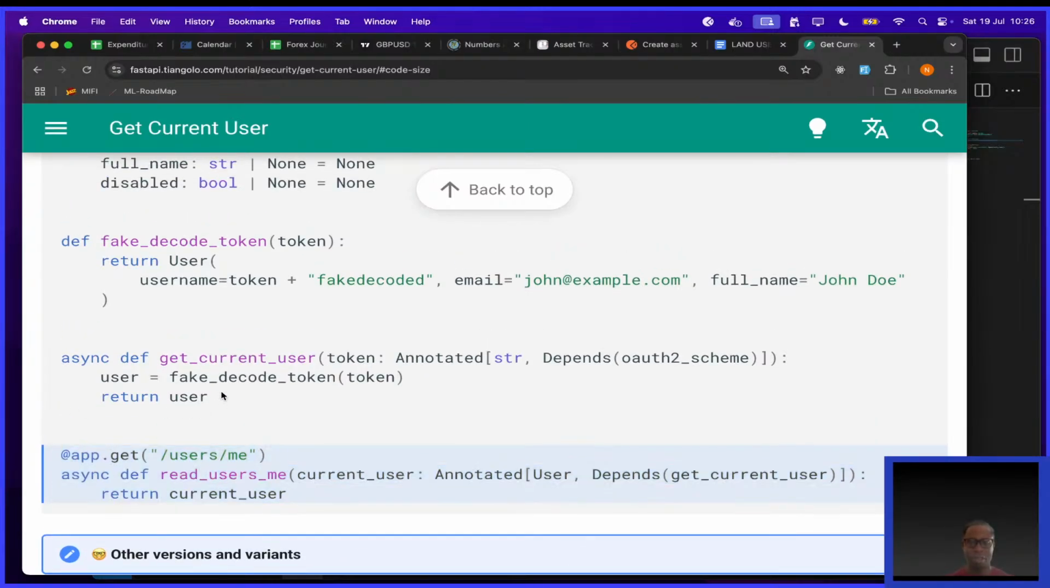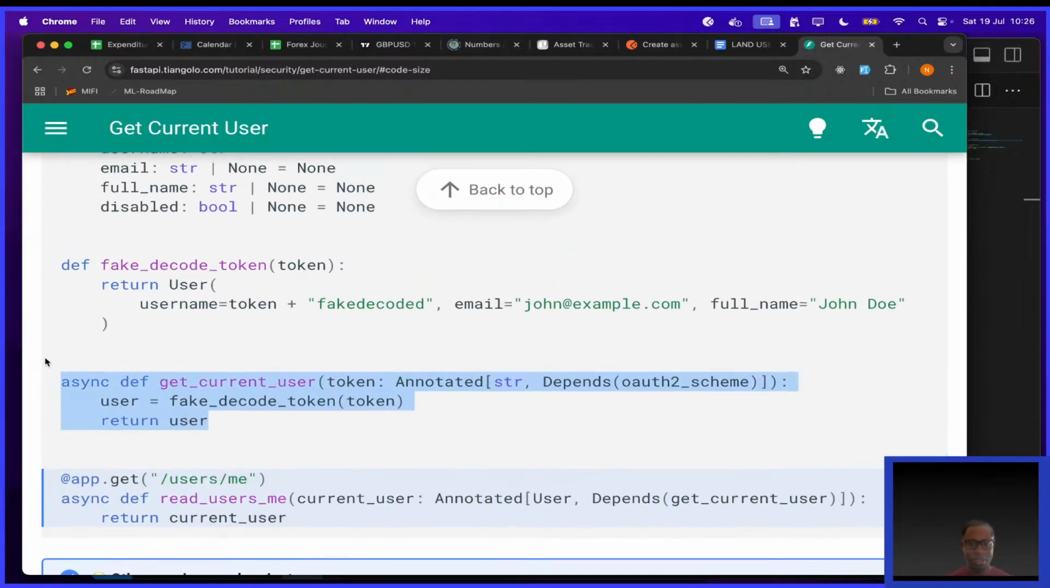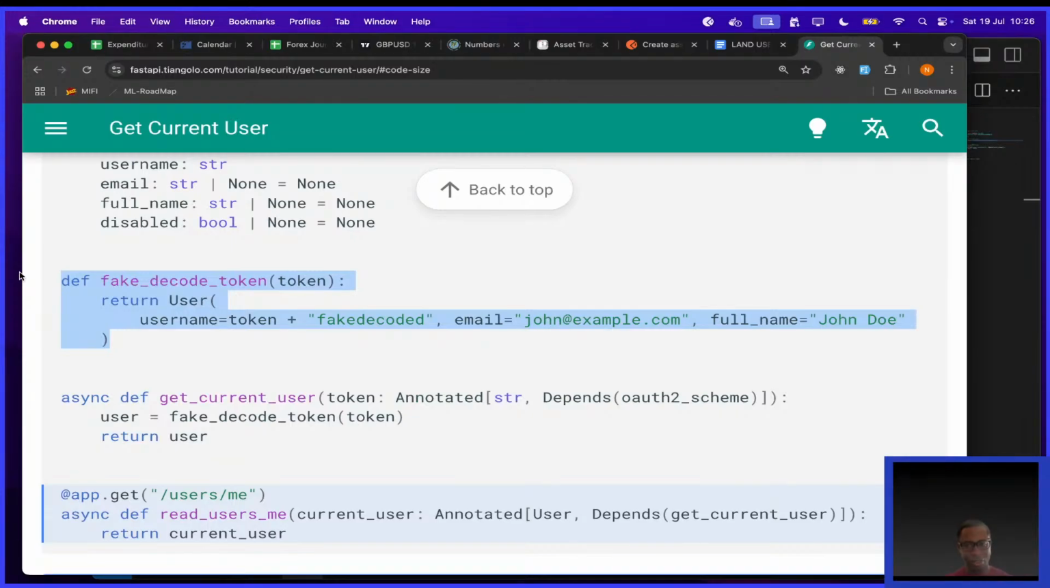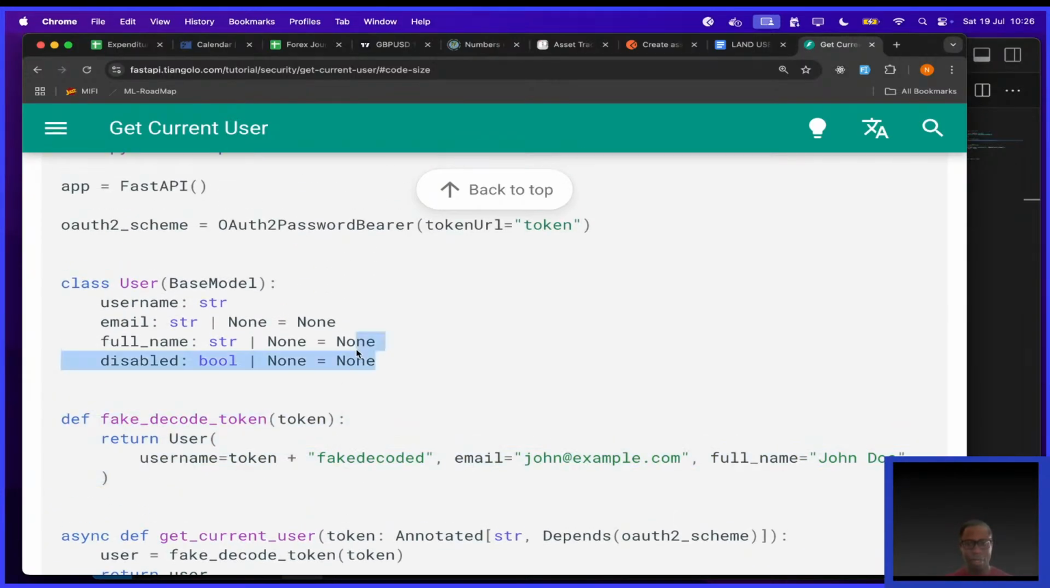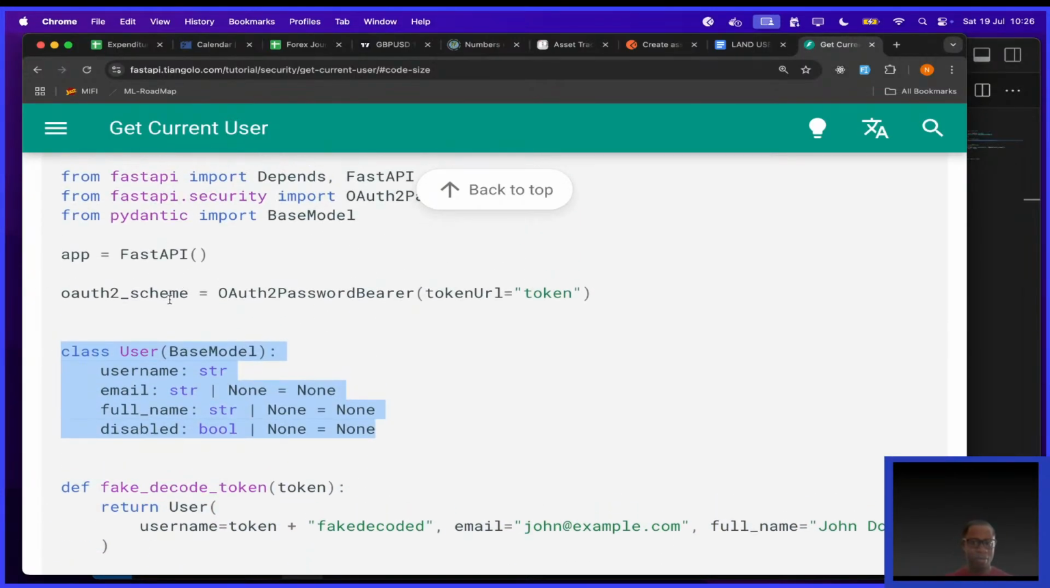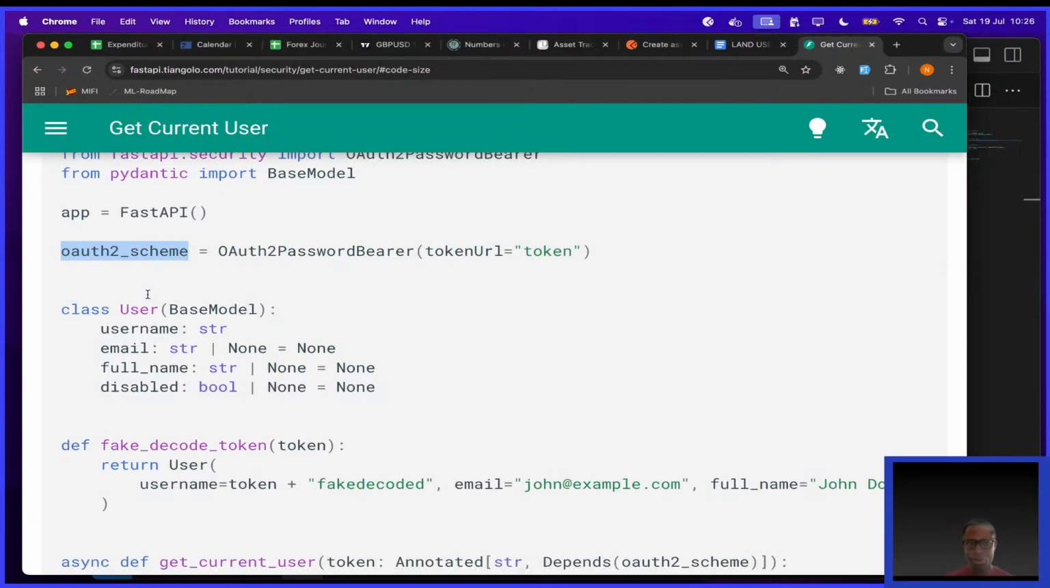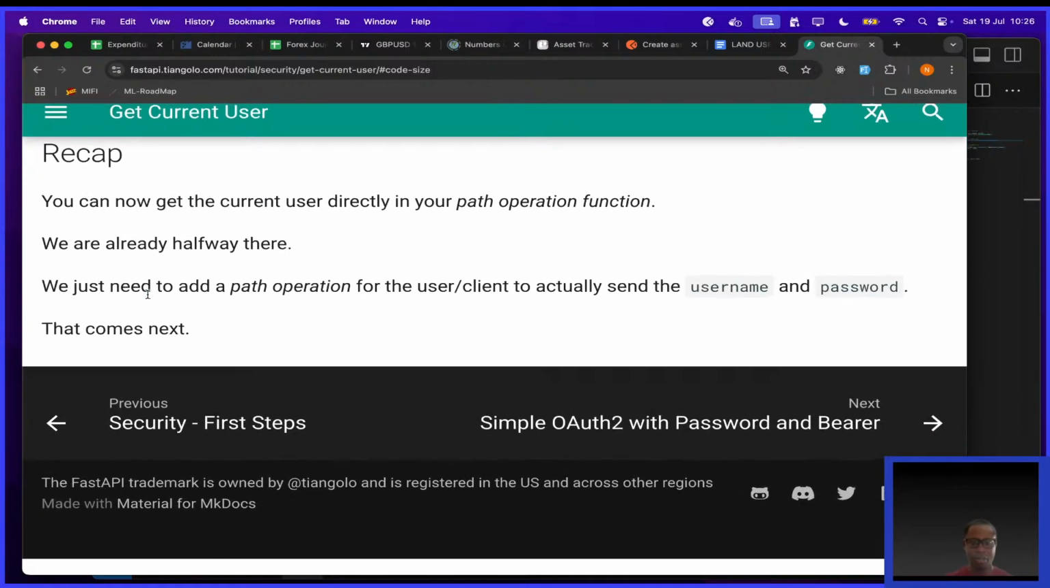We have the first dependency. We have the utility function. Okay. We have the Pydantic model, and we have the actual sub dependency. Okay. The security itself. Okay. And in this case, it is an OAuth2 scheme. So yeah, good enough. Let's now go to the next